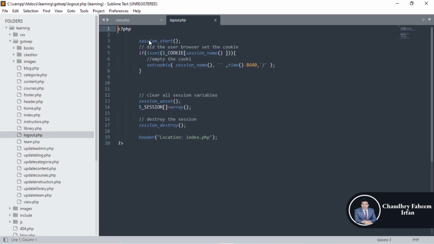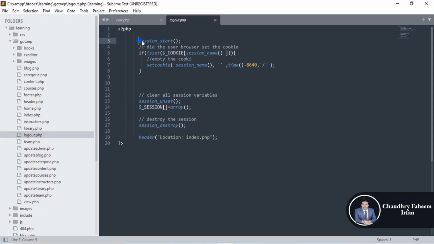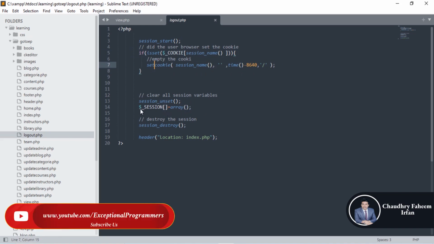But also logout.php. If you click on this button logout, then the logout.php file is open. In this file, if session start, did the user browser set the cookie, so you delete the cookies by using this functionality. So set cookie, session name, and then time. So clear all session variables. So in this way you can